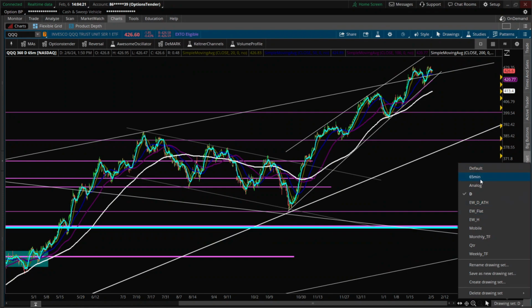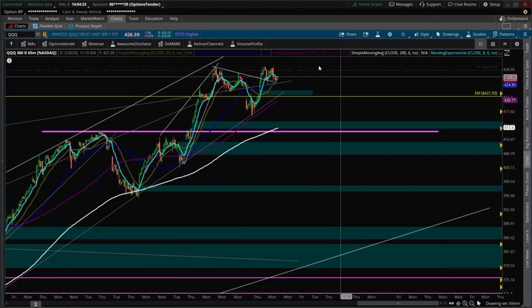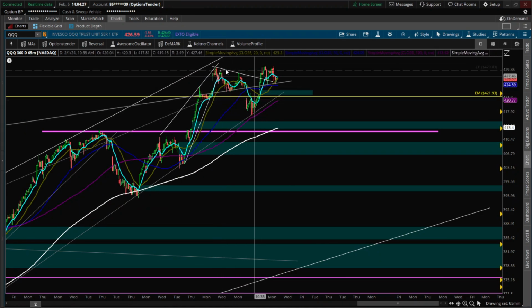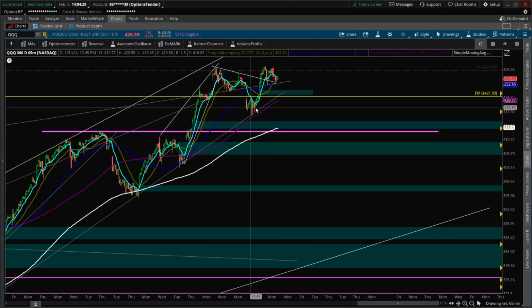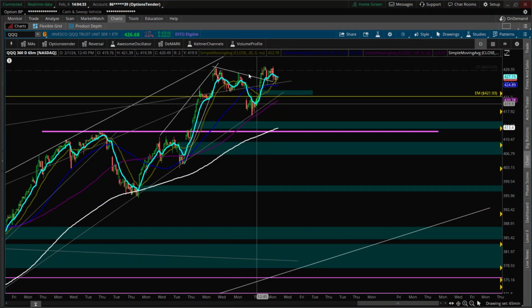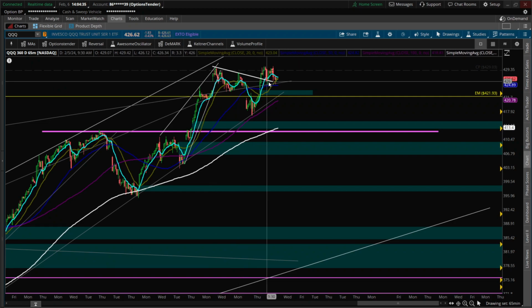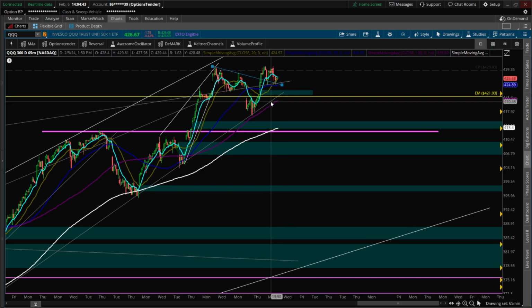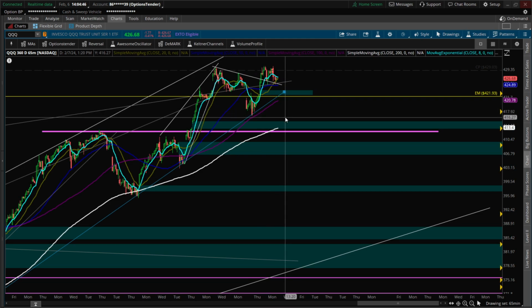Triple Qs. Here's how I'm looking at the Qs. So we had a sort of like what we were talking about just now in the SPY. We formed this triangle, somewhat of an equilibrium. We broke out. Here's the descending pivot right here. We're just kind of holding that pivot. Looking really weak. So if we break down from here, again, this is the trend line,